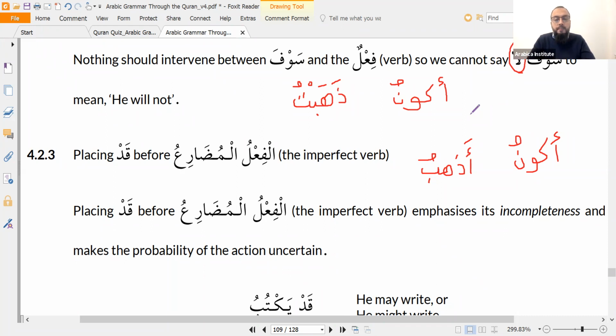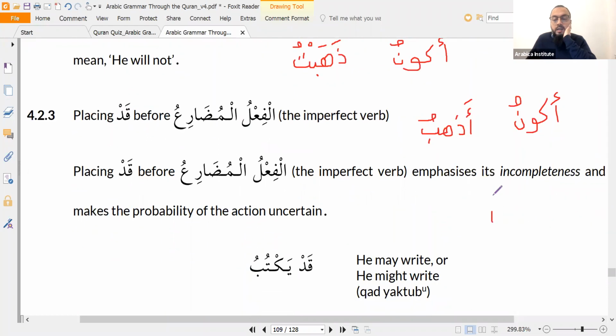Maliha, tafaddali. In level 3, we did akunu najihan. Why does that go up? But those are when you're using akunu to transport a noun sentence. We are using kana and yakunu here with verbs, not noun sentences. How is it a noun sentence? So if you say ana najihun, yes, ana najihun, that's your noun sentence.